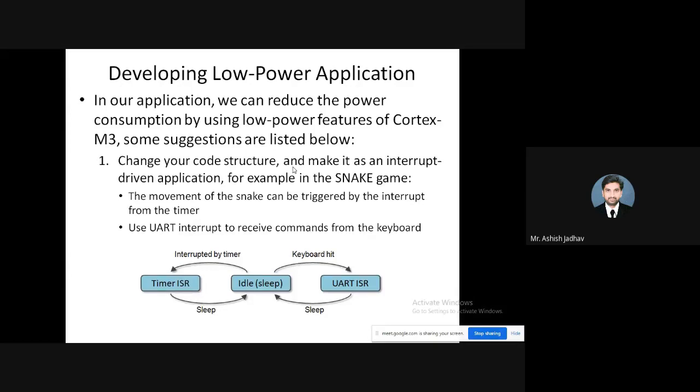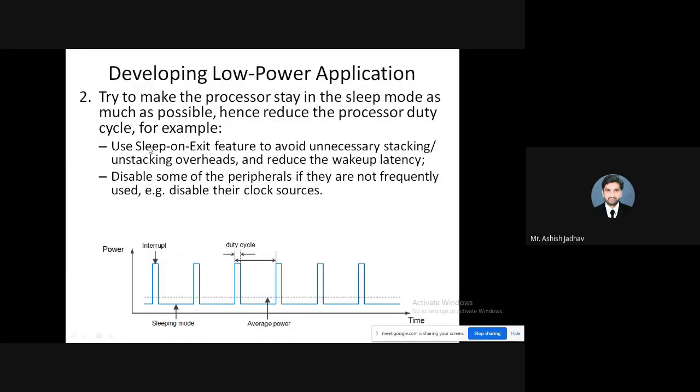In that, two ways are supported in a Cortex M3. Number one is to make the application interrupt driven, so that when the interrupt occurs, the processor wakes up. The second way is to use the sleep on exit feature, so that your processor will be in sleep mode as much as possible.